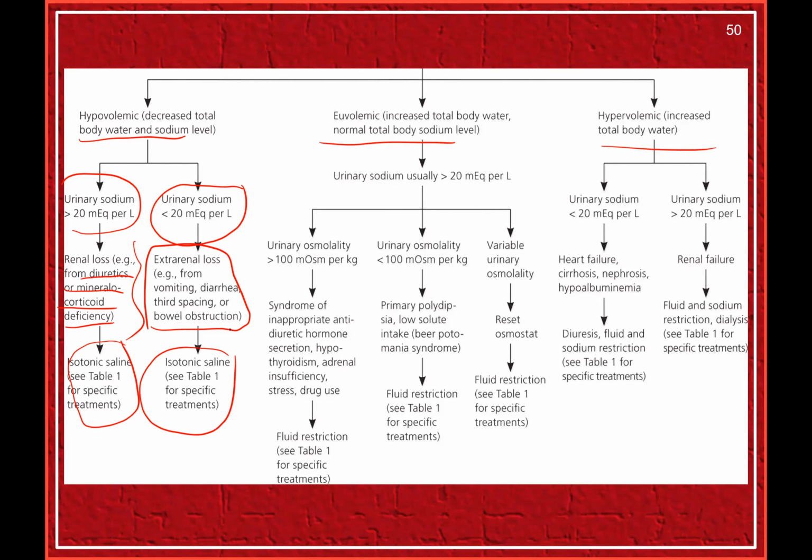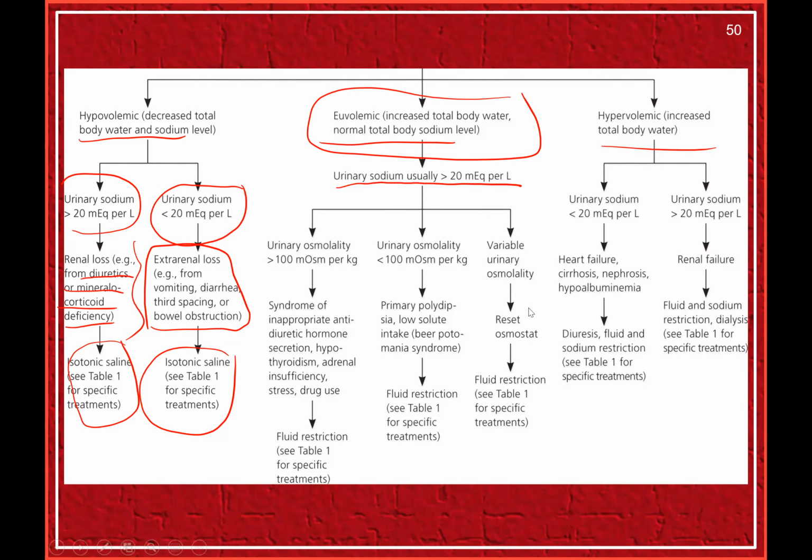Now, here also we are looking at the urine sodium, but here the volume status is maintained. There is no hypovolemia or hypervolemia; it is euvolemia. That means only sodium is lost, not much of total body water, which is rather increased, with normal total body sodium. And that resulted in the hyponatremia. There is not much loss of fluid or sodium, but the water is slightly more retained. With the result, we are seeing the hyponatremia.